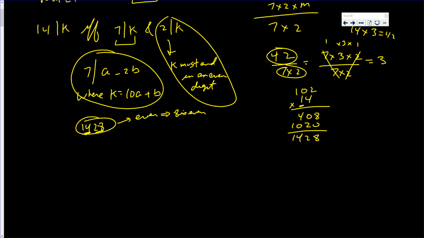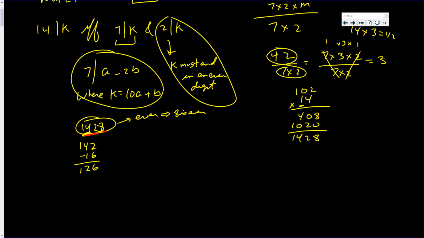Now, is it divisible by 7? So you have 142, that's A. And the 8 is B. Now, if you don't know whether or not 14 goes into 1428, you have to use the rule. You take A and you take away 2 B's. Well, B is 8, 2 B's is 16. So you get